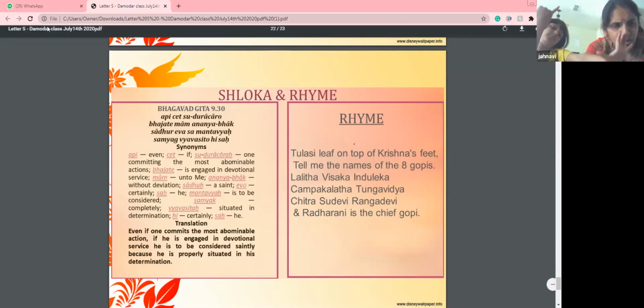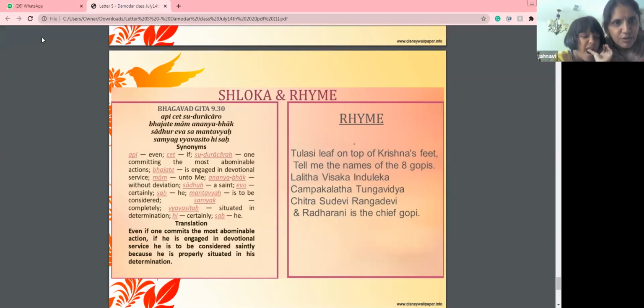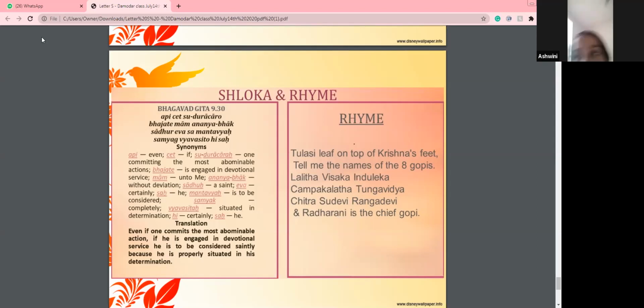Yeah, Nirvi, you want to try? Ashwini, do you want to try? My name is not Ashwini, it's Gauri. I just joined on phone, so. Yeah, you can join from next time as Gauri.